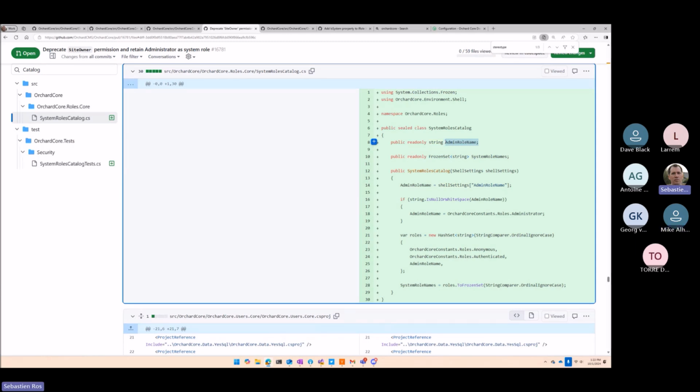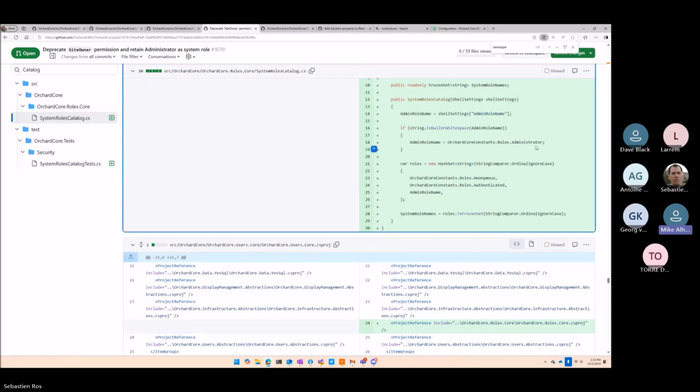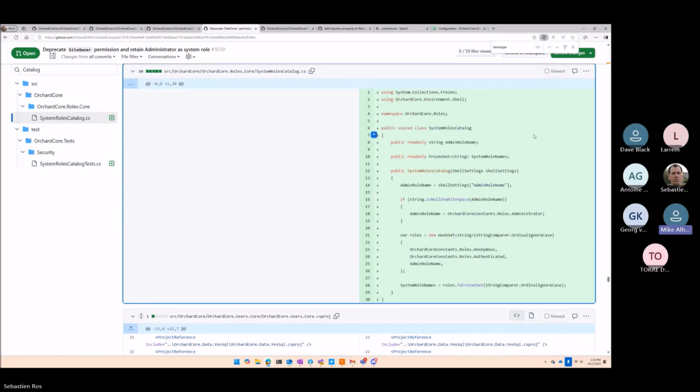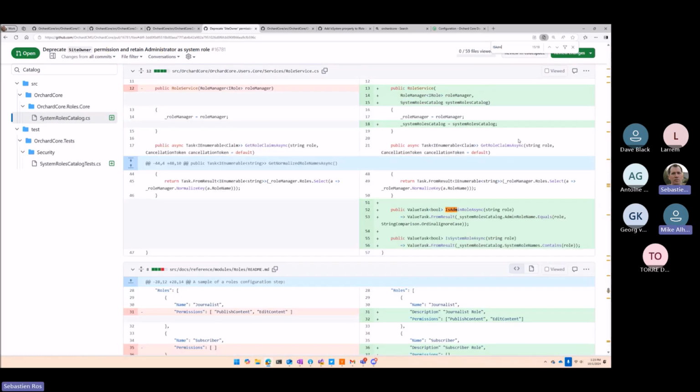Whatever service you implement, instead of checking that the role you give it is this one, I would just say, give me a thing that gives me this one, and I can check the value myself. In fact, at one point I had a function in here that said is admin, but then I thought, that's not really the job of this catalog. No, I'm not saying that. What is the method that you check, like is admin service role? This one, yeah. So instead of having the is admin role async,